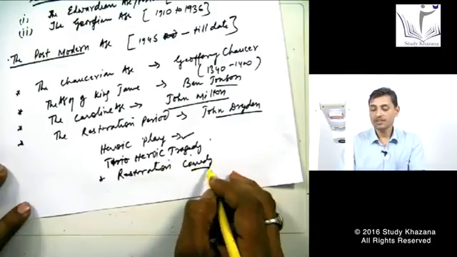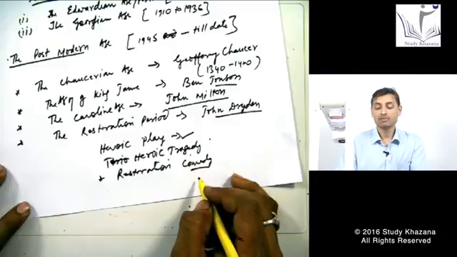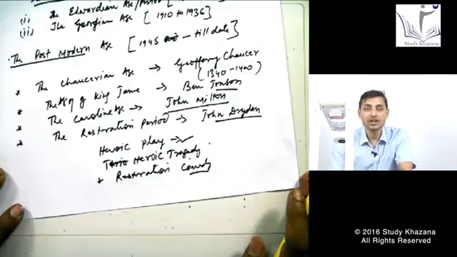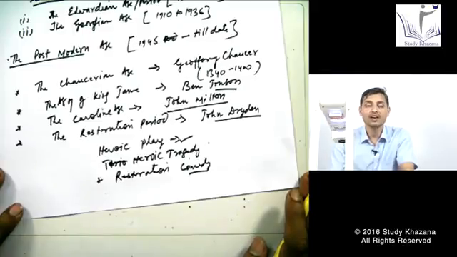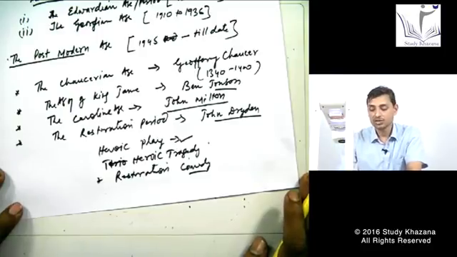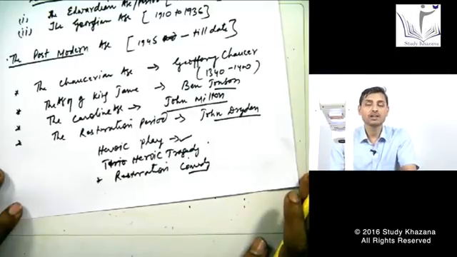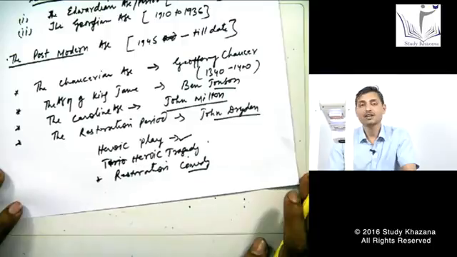Restoration comedy is also known by a different name, that is the comedy of manners. Well, this is known as the comedy of manners because after Restoration, when the drama was resumed in England, people of England had lost their limitations. They started turning to pleasure in a very different manner, and they started losing manners and morals. It's just because of that the Restoration comedy was written with the view of reflecting this decline of manners and